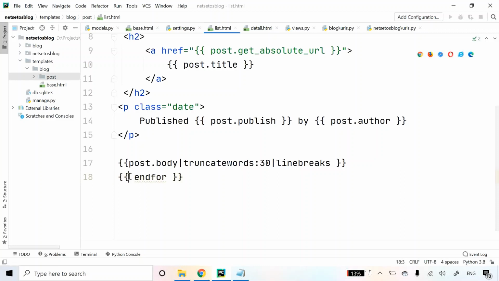It should be in percent signs. Similarly the block end, here I'll define endblock.